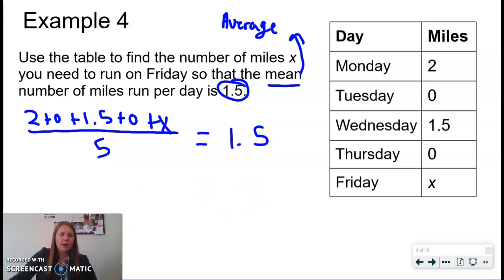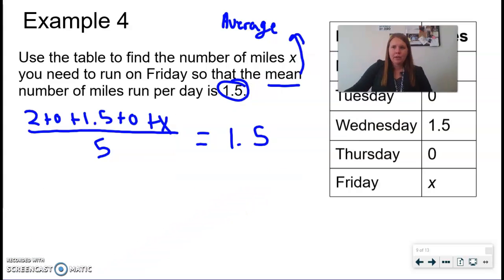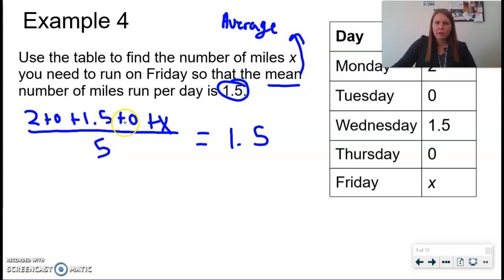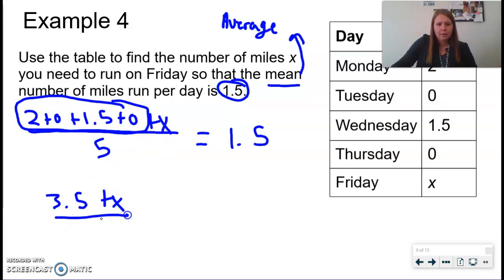That looks like a really big problem, but don't be worried by it because we've got quite a few things that we can combine to solve this. If I'm adding 0, we don't really even need those added zeros in there. So I'm going to combine this part because they are like terms on the top part of my fraction. I'm adding 2 plus 0 plus 1.5 plus 0. So in that case, I just have 3.5. I'm still going to have this plus x on the top, divided by 5